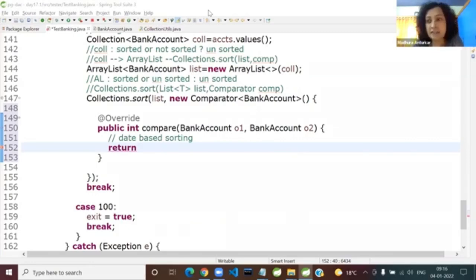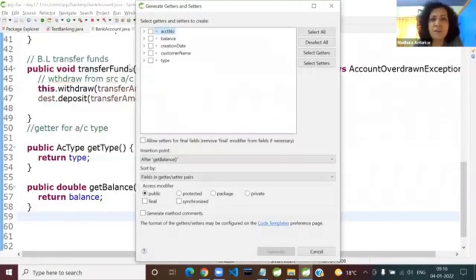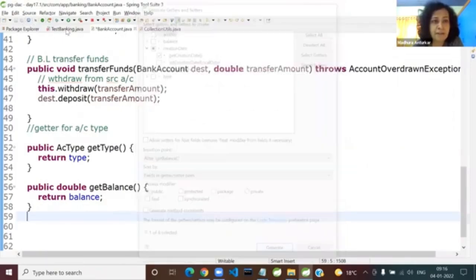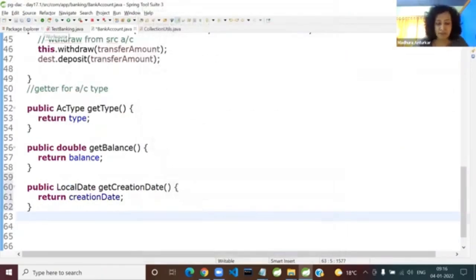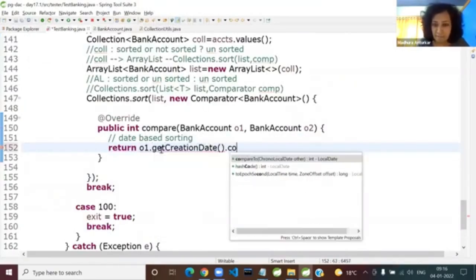Very right. Very good, Aniket. You're just comparing the dates. So go to your BankAccount. I may not have the getter. Let's see. No, I don't have the getter. So generating the getter here. Whatever you require, only that you expose. So getCreationDate. And here, what Aniket had suggested is perfectly fine. So getCreationDate.compareTo